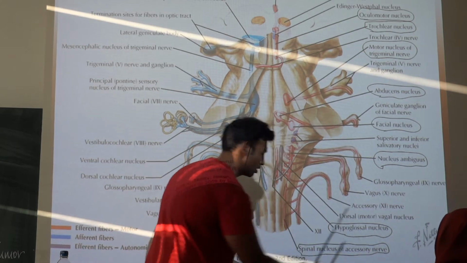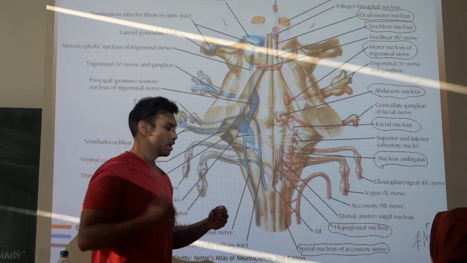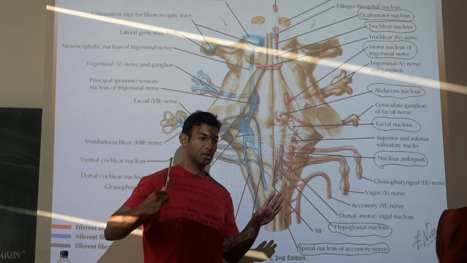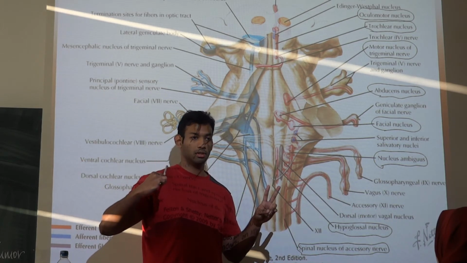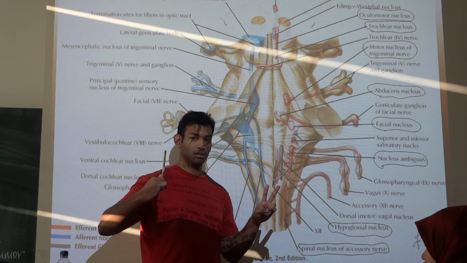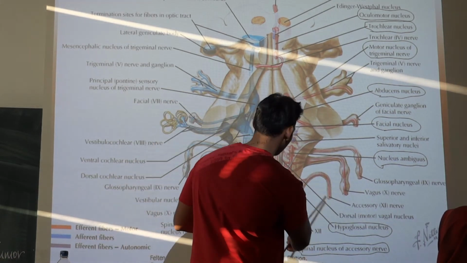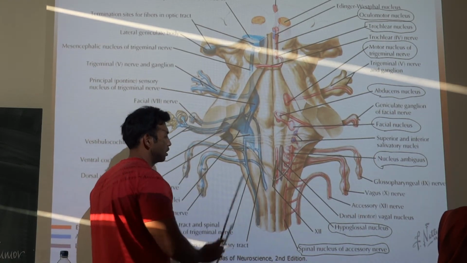And finally, the accessory nerve is again the trapezius. Okay, the 11th cranial nerve is only motor. The trapezius and what does it control? It controls 2 muscles, the 11th cranial nerve. Trapezius. Sternocleidomastoid. Okay. Sternocleidomastoid. So yeah, if there is a lesion in any of these nuclei, you would have central